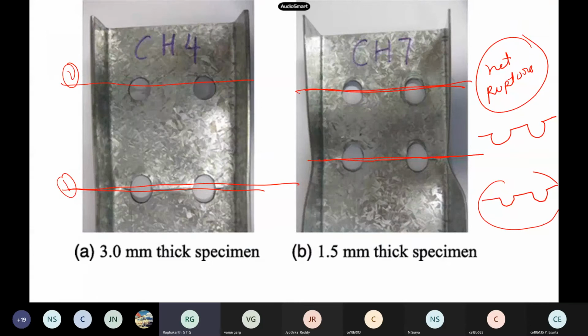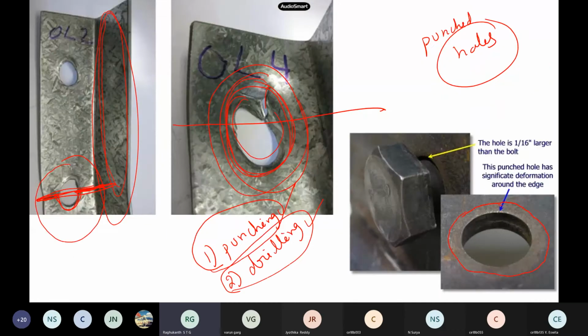And I also showed you this net section rupture failure. Videos are also there on YouTube. And if you see here, generally whenever there is a hole, it ruptures along this section or along this section. Both the sides, net cross section area is same. So whichever side the load or the connection is, that automatically gives up. I have shown one more important thing, punched holes generally. This is also very important, and our code also gives it.